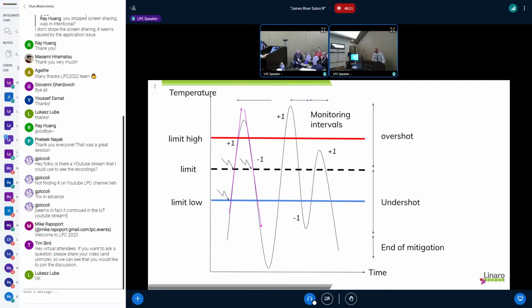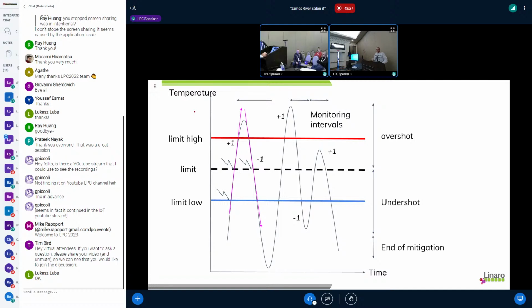The proposal is to use the slope of the increase of the temperature to do a computation and detect when we will cross the limit.